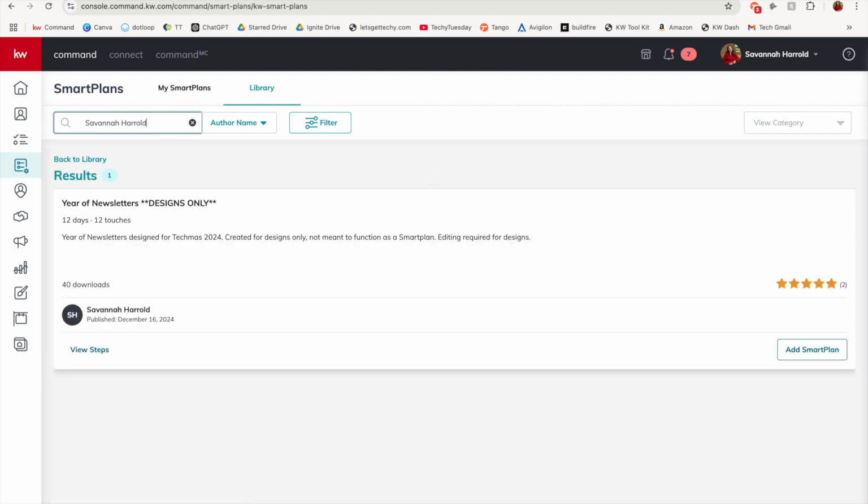You're going to see my only Smart Plan template, which is Year of Newsletters Designs Only. This is important to note. This Smart Plan is not meant to be a Smart Plan. This is meant so you can capture the designs and edit them as you please and then send them out